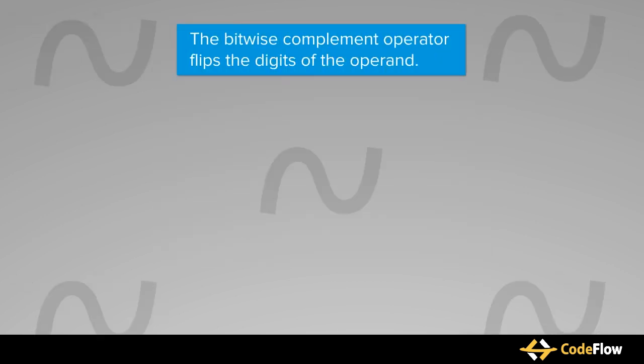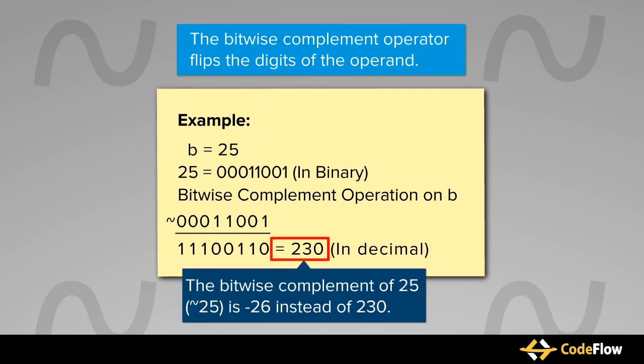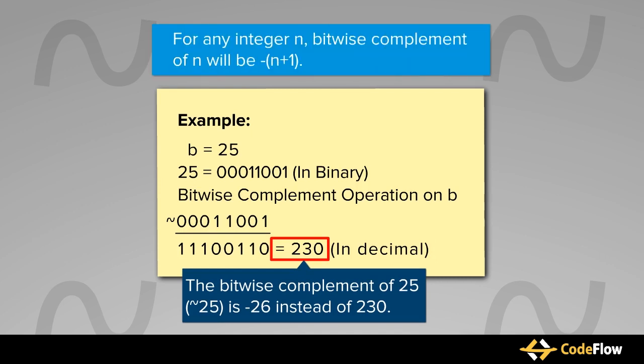Now, let's discuss bitwise complement operator. It flips the digits of the operand. For example, here the binary value of B will become 11100110, whose decimal equivalent is 230. But the bitwise complement of 25 is minus 26 instead of 230. This is because of the fact that for any integer n, bitwise complement of n will be minus (n plus 1). To understand this, you should have the knowledge of